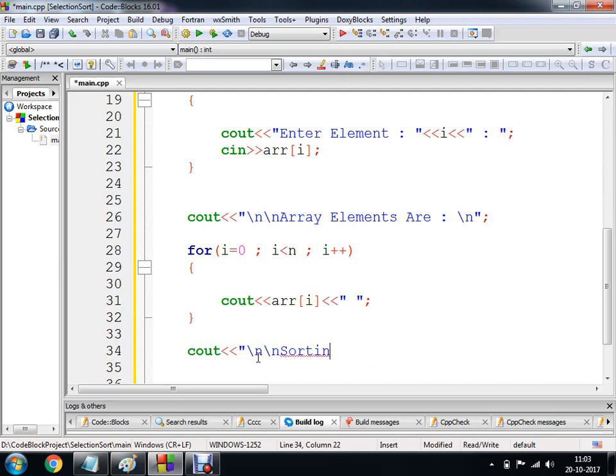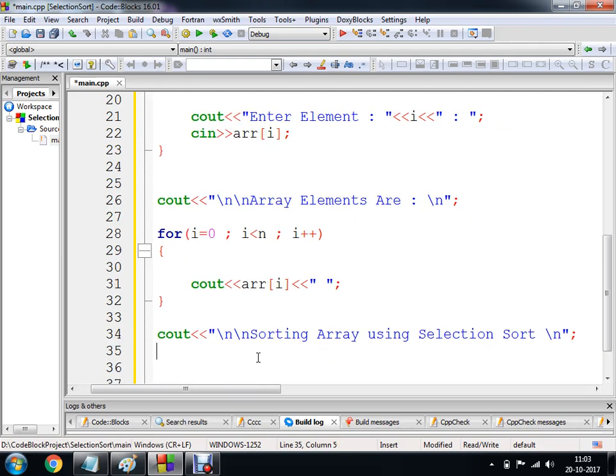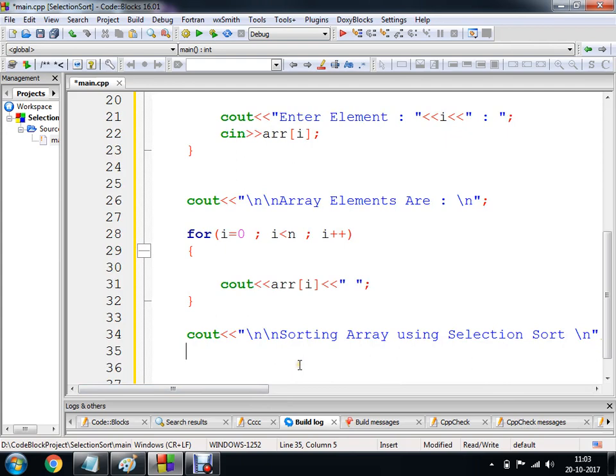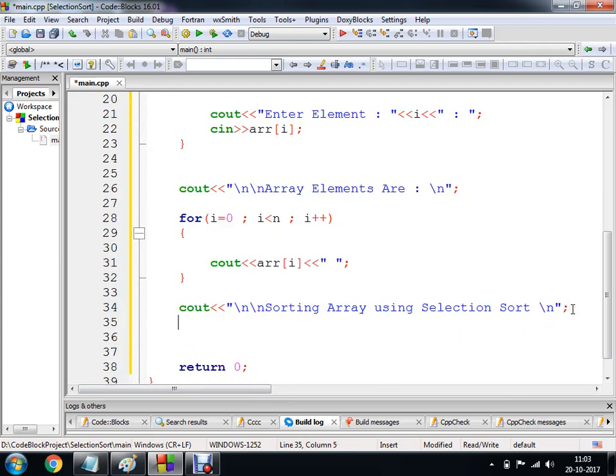Let's say sorting array using selection sort. तो अभी तक हमने सिर्फ यूजर से एरे का साइज लिया, एरे के अंदर एलिमेंट्स एंटर कराए और एरे के एलिमेंट्स दिखा दिए कि यूजर ने ये एलिमेंट्स डाले. So now we are going to implement a logic for our selection sort.